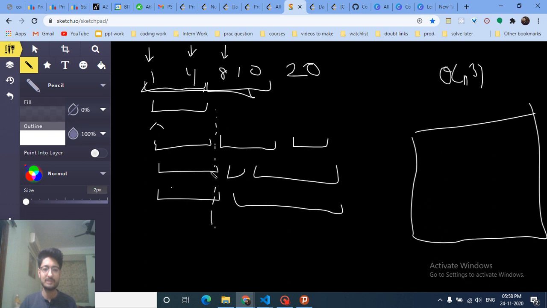But because we have some state which is common, we can store the answer for the state in the DP matrix, and then we can reuse this value again. If we take this state or this state or this state, and we have calculated the value already, we don't have to calculate it again, we just use it from the DP table. So I hope you get the intuition of how to solve this problem using DP.